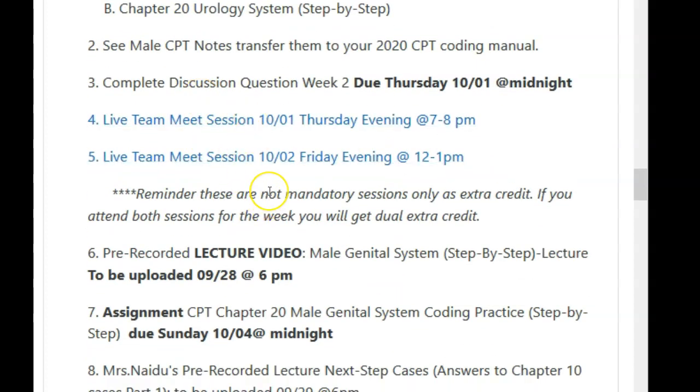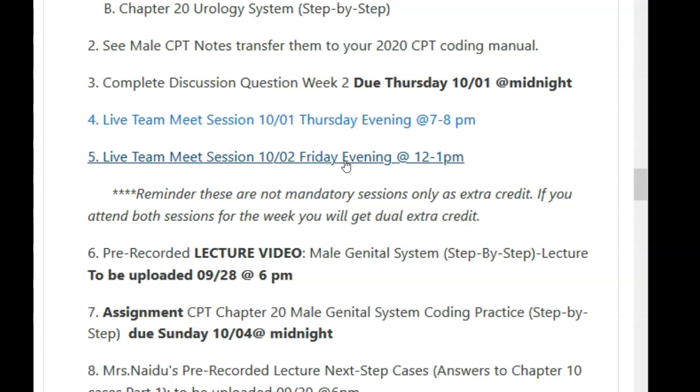This week, and from this point forward, I'm going to be offering 2 sessions for tutoring. Due to how I feel about the performance of week 1, I feel that we have a lot of work to do as far as understanding your coding books. The first one will be Thursday at 7 to 8. I'm sorry, it says evening, but it's afternoon. So that will be this Thursday, and then on Friday, for those of you that can't make it at night, I will give you one for 12 to 1.